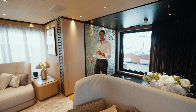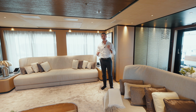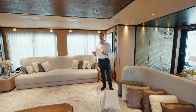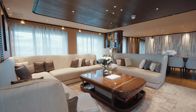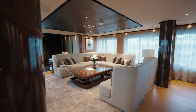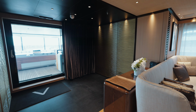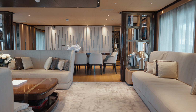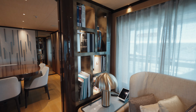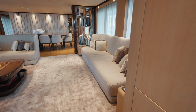So walking into the main salon, you get this calm, modern feeling created by Francesco Paszkowski and Margherita Casprini. So there's a lot of natural teak and some high gloss rosewood, and those huge windows that really keep you connected to the sea. I think it's the use of neutral tones and curved edges that just make this interior feel really soothing and relaxing. It doesn't feel too forced or over the top, but being on board, you can really feel the quality